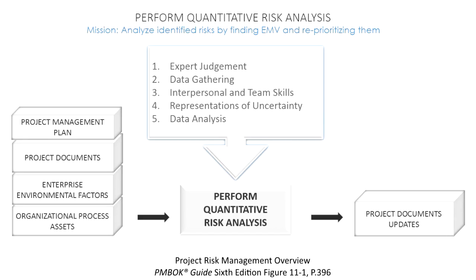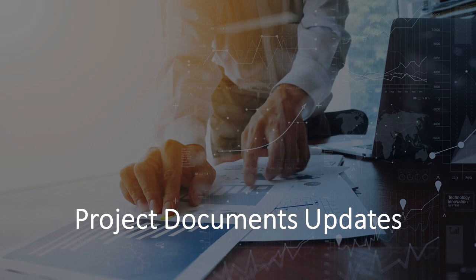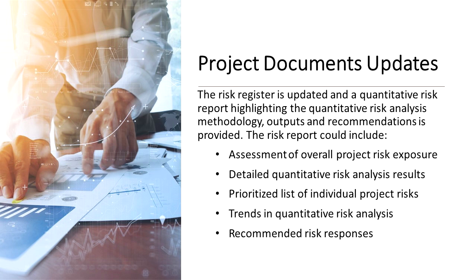Let's talk about the output of this process. The major output, the only output, is project documents updates. And this is listed as the only output because within this, we could have our risk register. We could also have a risk report. So when we think about these two things that we could have as project documents updates,